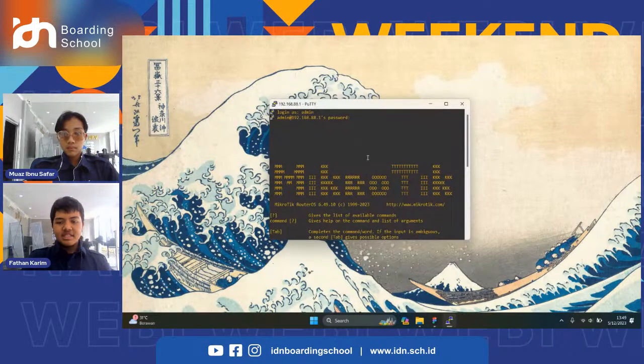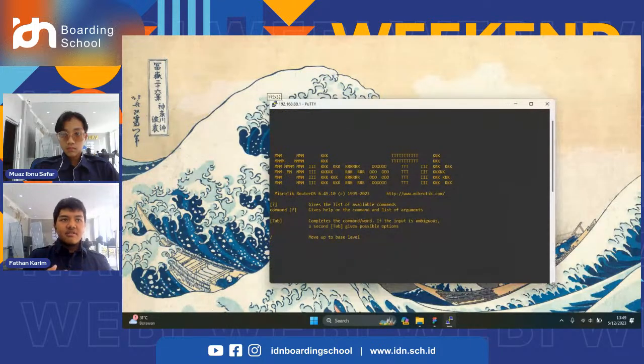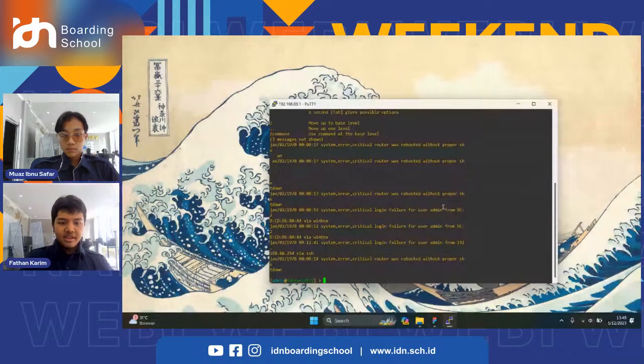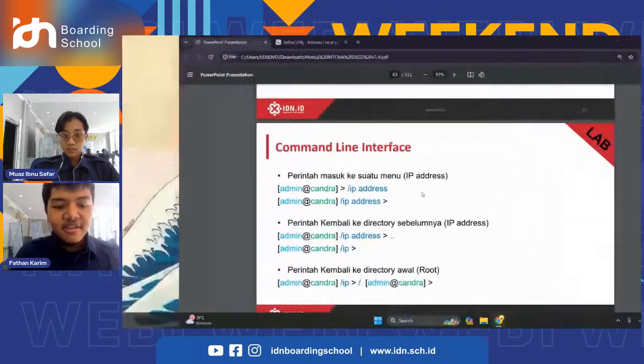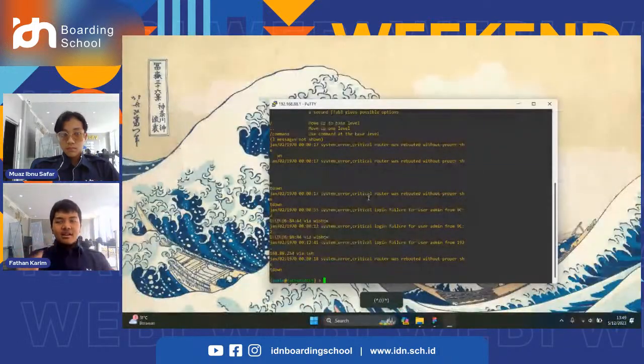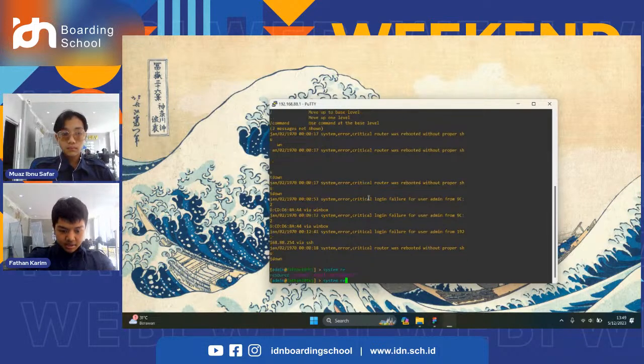Okay, now I will explain the basic commands that are used in the router CLI. The first one: if you want to see the resource of your router, you type system resource, like this.